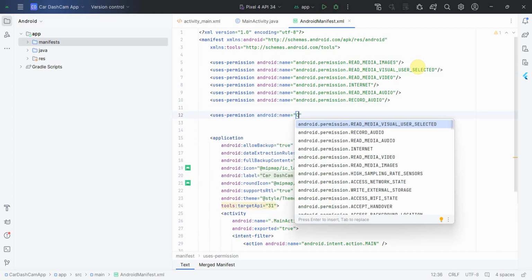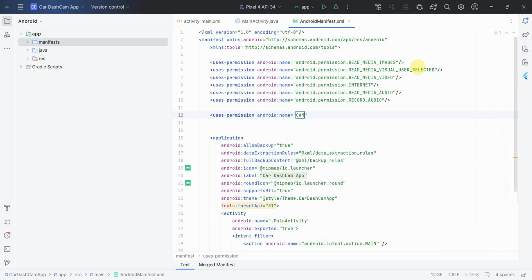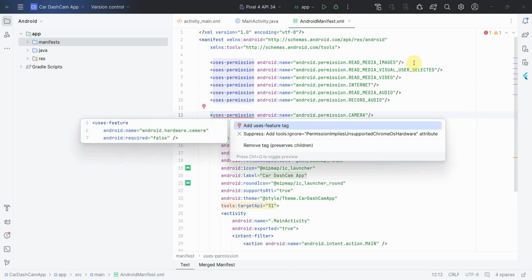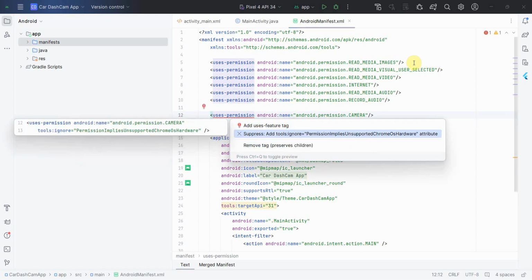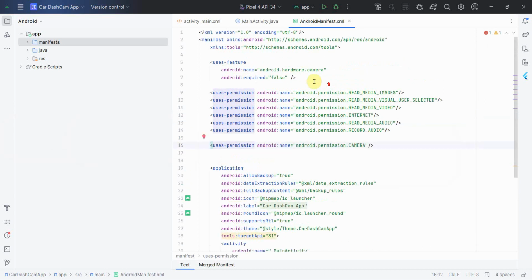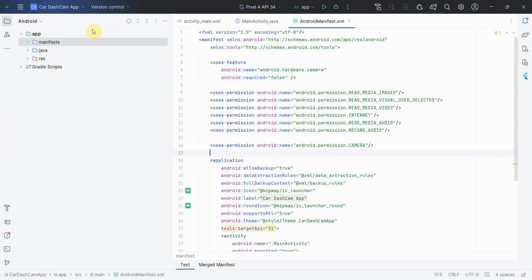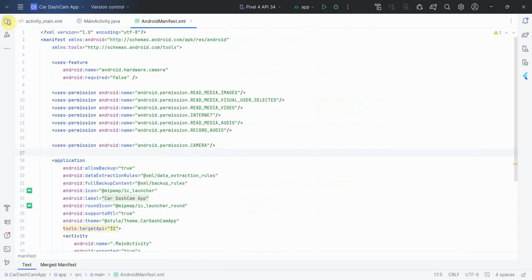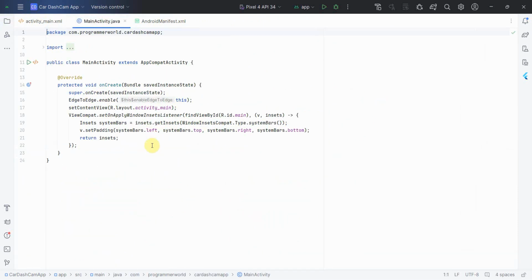The last is I'll need a permission to access camera. That's all. I think again it should. Okay, so it's giving some error. That's surprising. So let me see. Add use feature or suppress. I'll go for add use feature, which will add use feature of camera. Okay. So once I've done this, I don't think I need anything else from the manifest file part,